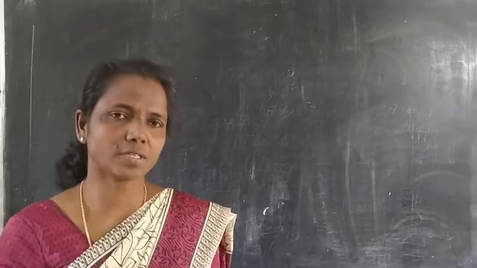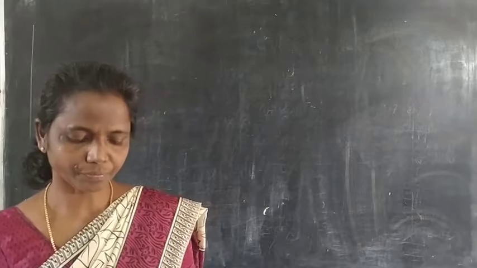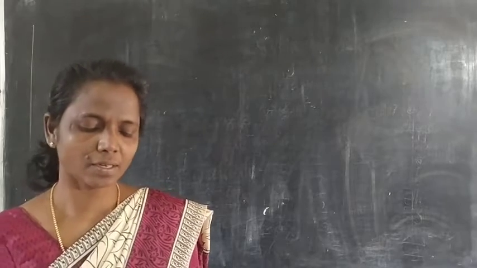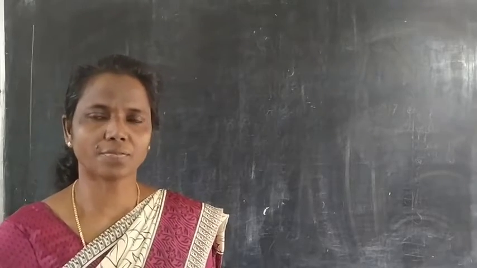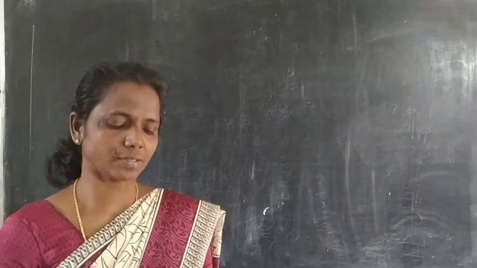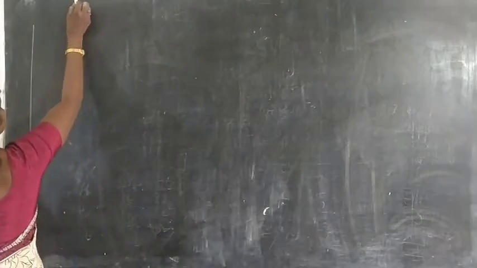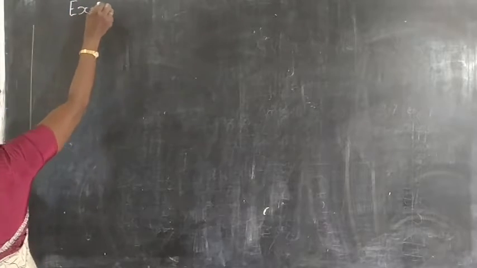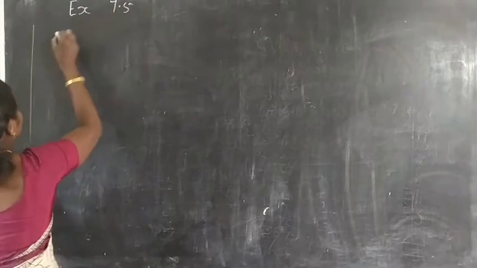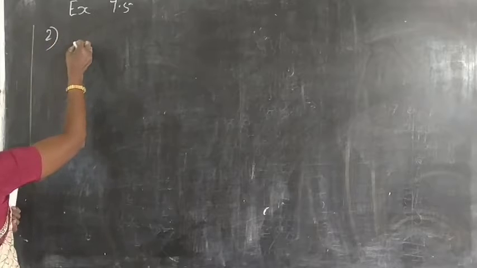The next question, number 2, solve. This is addition, all are like fractions. So you can find its answer. Means first question, look, exercise 7.5. Then question number 2, first A,